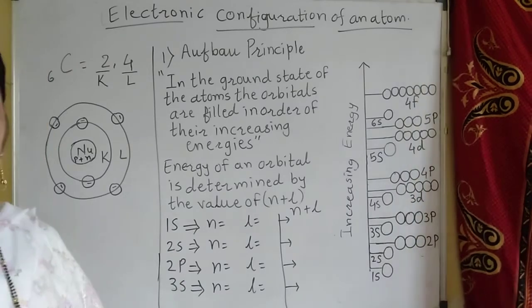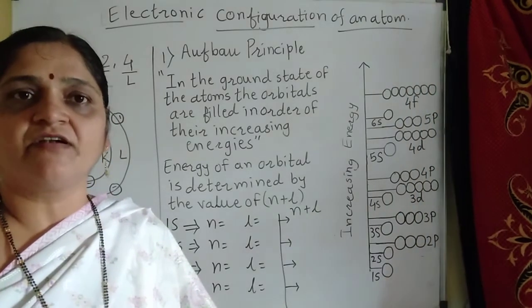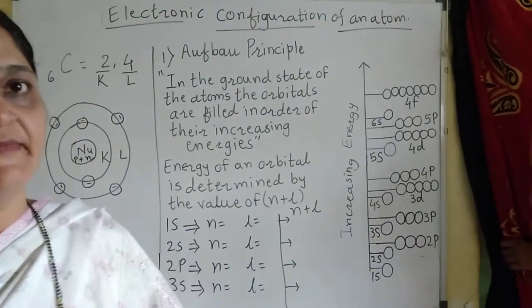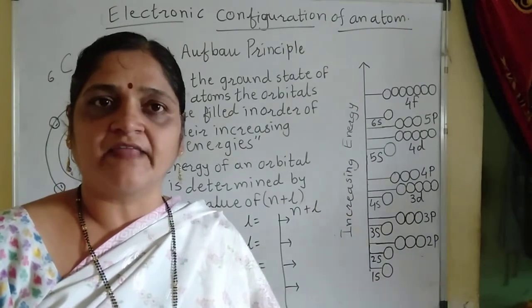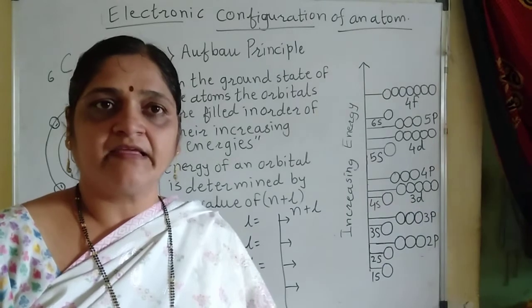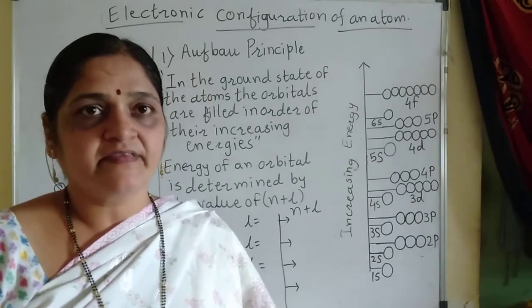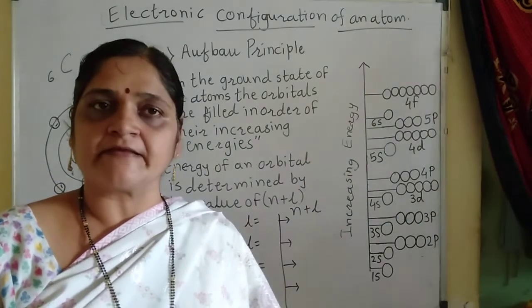But now in 11th class, you are supposed to discuss the arrangement of the electrons in different orbitals. This arrangement of the electrons in different orbitals is the electronic configuration for that atom. Now this electronic configuration is governed by 3 rules. The first is Aufbau principle, second is Pauli's exclusion principle, and the third is Hund's rule of maximum multiplicity.